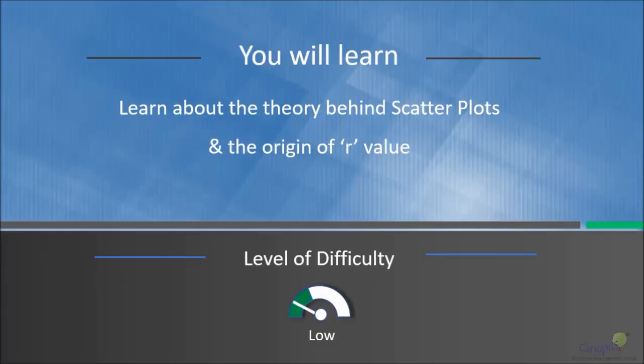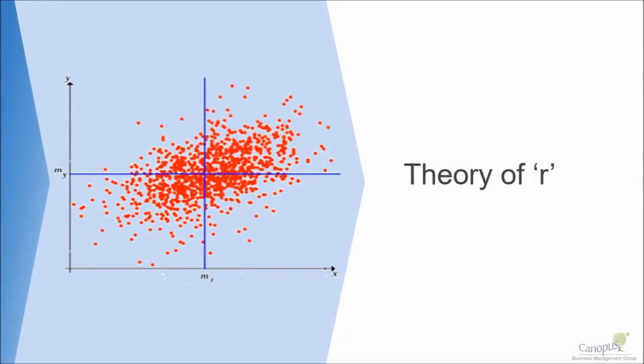In this lecture, we will learn about the theory behind scatter plots and the origin of R value in scatter plots. So I want to give you a little bit of background of the theory behind how we get the values for correlation coefficient. I'm sure in our basic course you learned that the correlation coefficient represented by rho or R